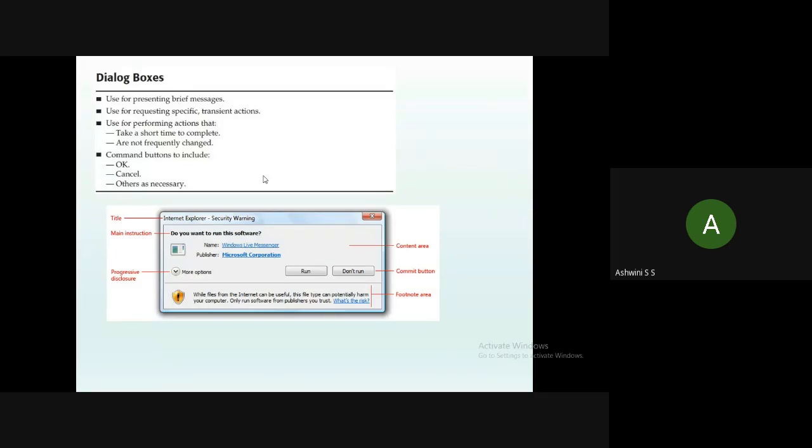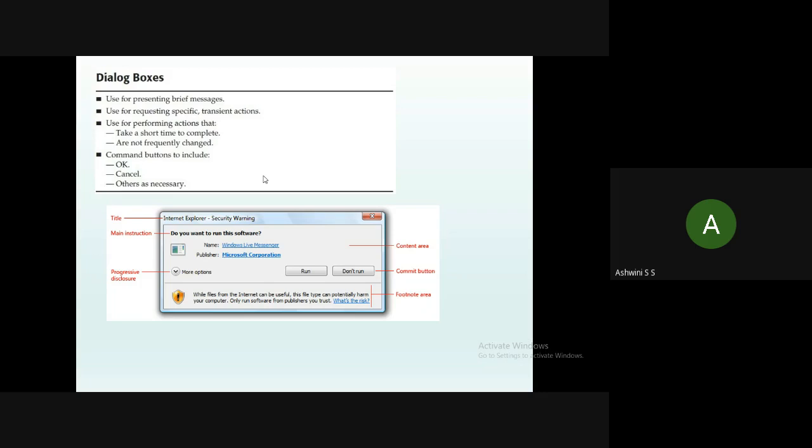So a dialog box is basically used to present brief messages. Brief messages, as I said: do you want to install or not? Do you want to continue or not? Do you want to exit the game or not? Some brief messages will be displayed and you have to perform some action for that.